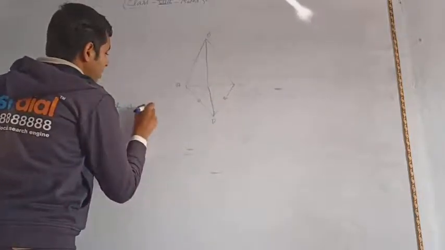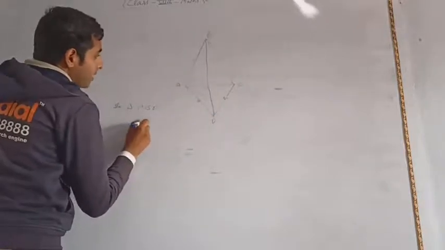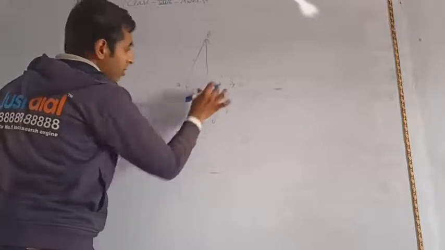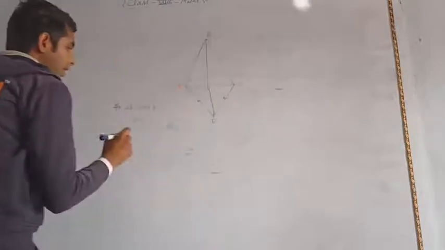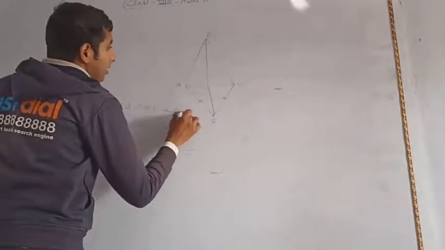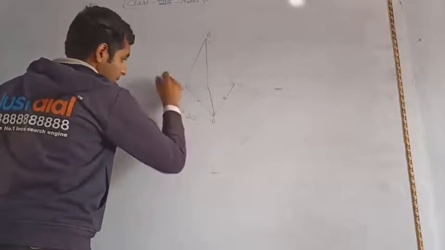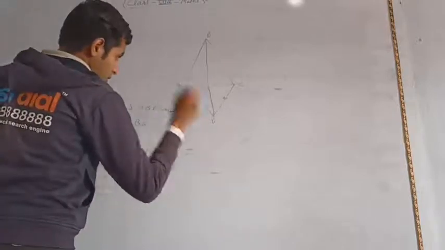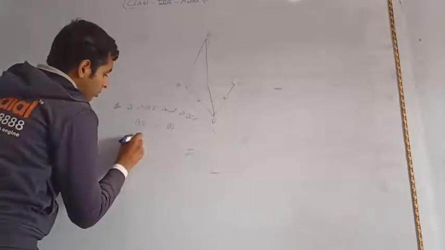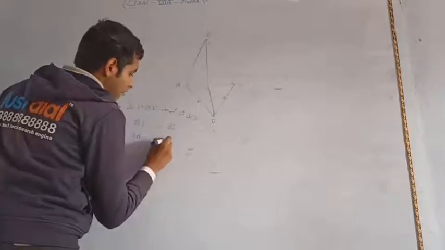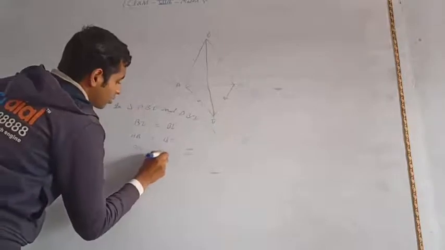Below, in triangle ABD, you can see that BD is equal to BD for both triangle ABD and also ACD. And triangle BCD: BD is equal to BD, and also AB is equal to BC, given, and here you can see AD is equal to CD.